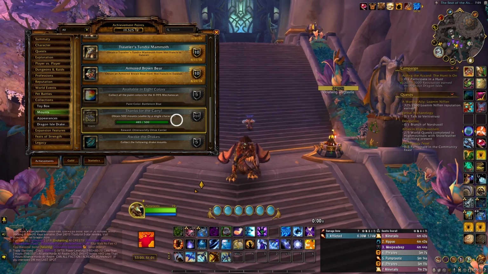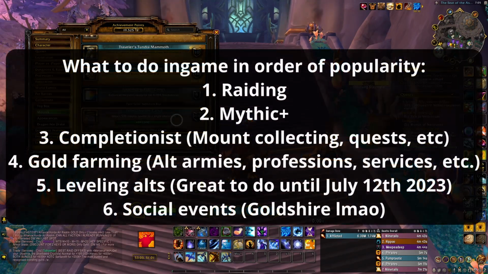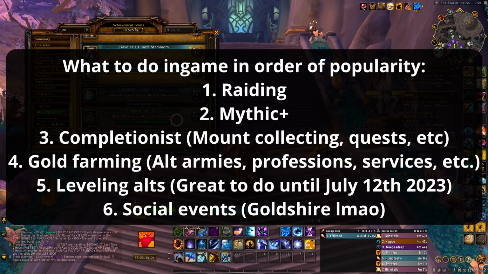Number 4 is gold farming. This is stuff like alt armies, professions, and selling services, like selling raid slots. If you sell heroic, you can make a bunch of gold doing that. If you're just pretty good at the game, you don't even have to be top of the line. All that sort of stuff for gold farming is really fun, and it's pretty hard to get into, if I'm